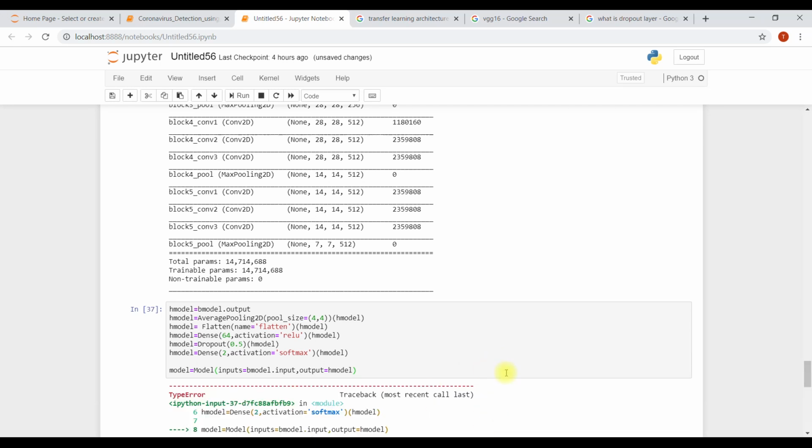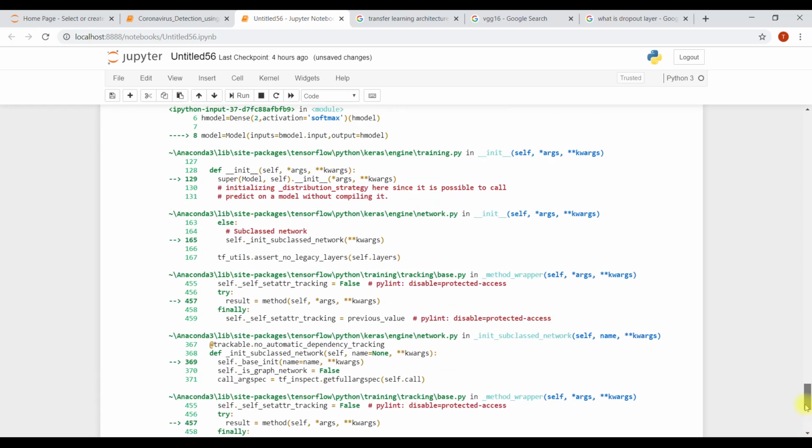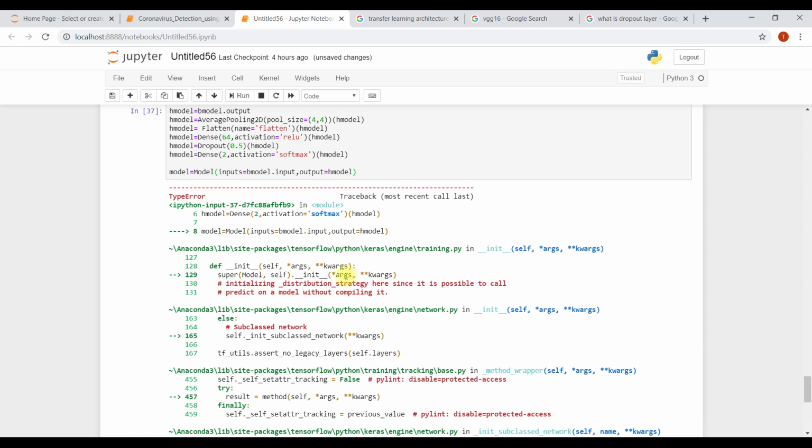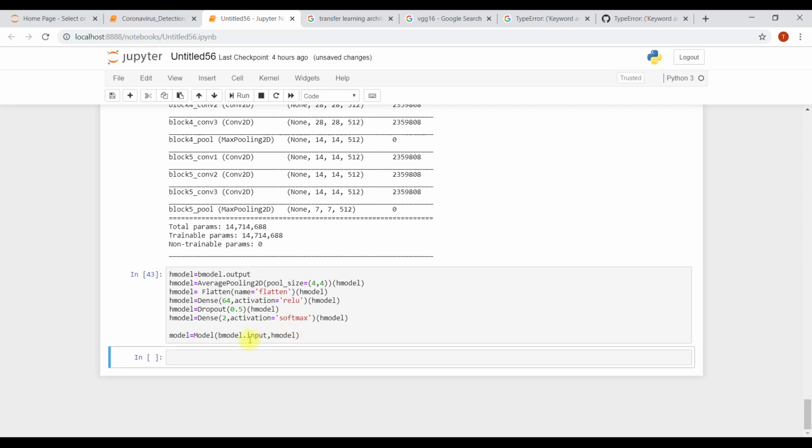Okay, we got an error. Let's see. Inputs. It's input. Okay, so basically we don't need to write this. Our model equals Model, with input as base model input and head model as the output.